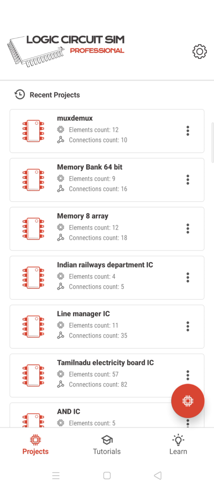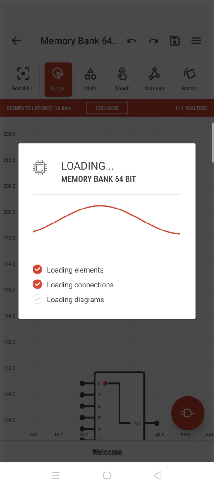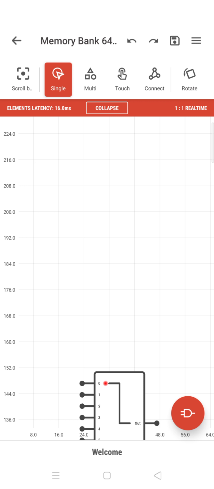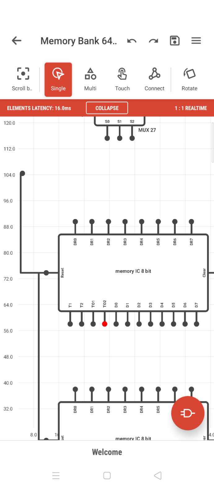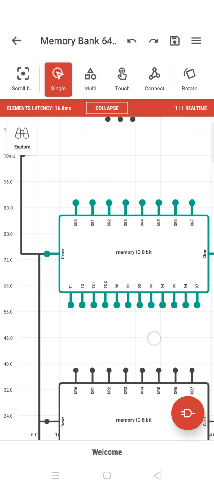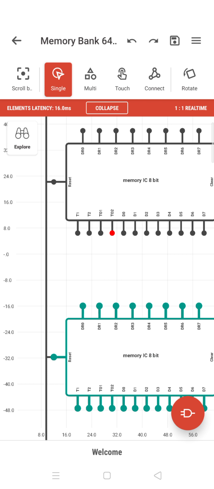Now we have created a bank. What is a bank? A bank is an array of 8-bit elements. Now we saw 1 bit. We put it on an IC and created an 8-bit memory location. Now from the 8-bit memory location, we have gone into a bank. The first memory location is here, this is an 8-bit memory location, and this is another 8-bit memory location. We put all the things together to form what is called a bank.